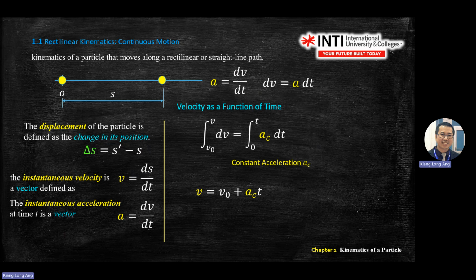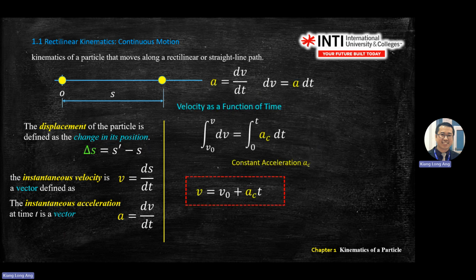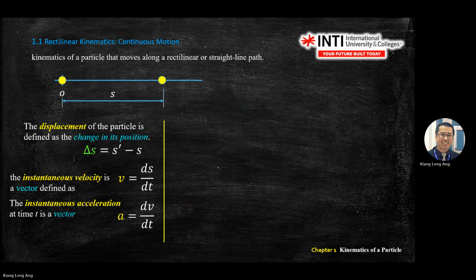Okay, the first one we derived this morning is v equals v0 plus a_c t, again constant for your acceleration. You can only use this equation when you have constant acceleration. Okay, we move to the next one. Now the first equation we derived using the acceleration definition. Okay, from here. Okay, the second thing,